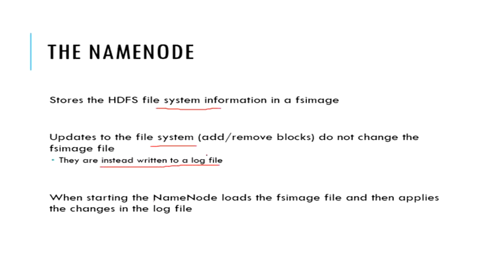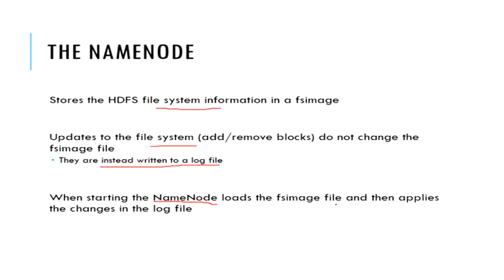And this log file is later committed to the actual name node. When starting, the name node loads the FS image file and then applies the changes in the log file. So every time we restart it or it gets booted, then